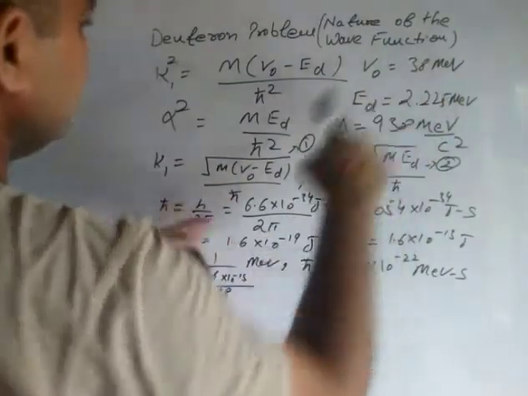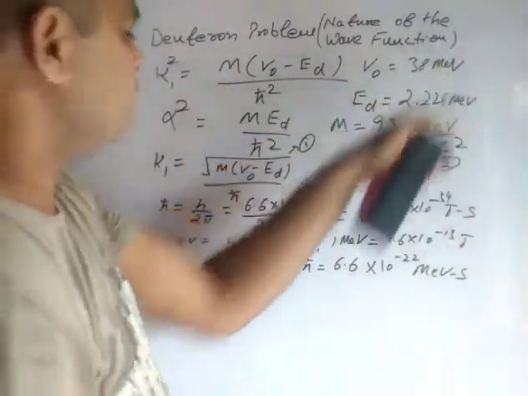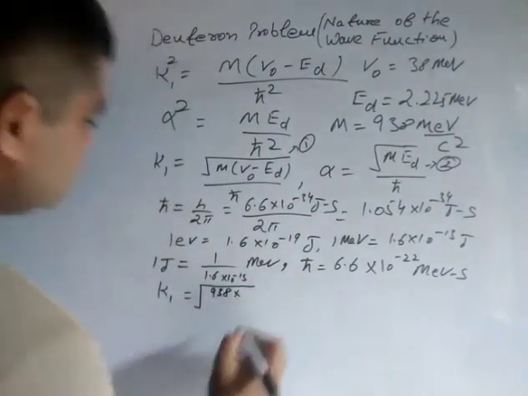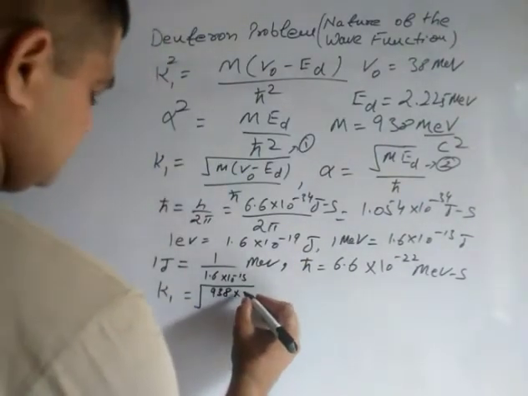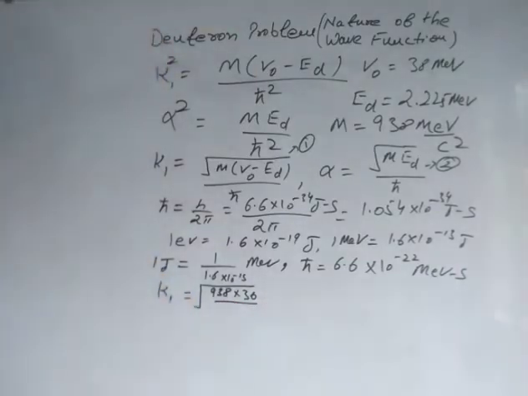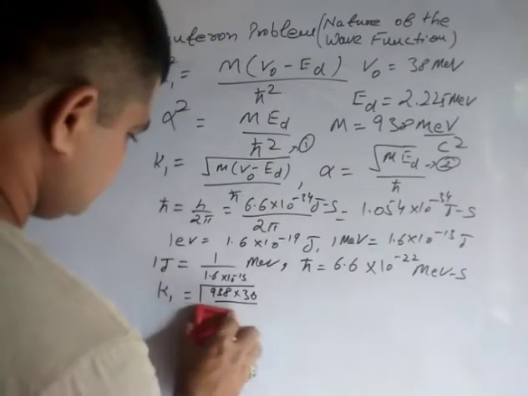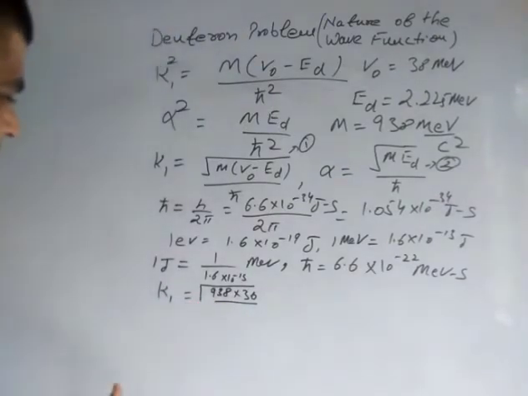Now V naught is 38, ED is 2.225, so I take ED as approximately 2, so we will get 938 into 36, divided by